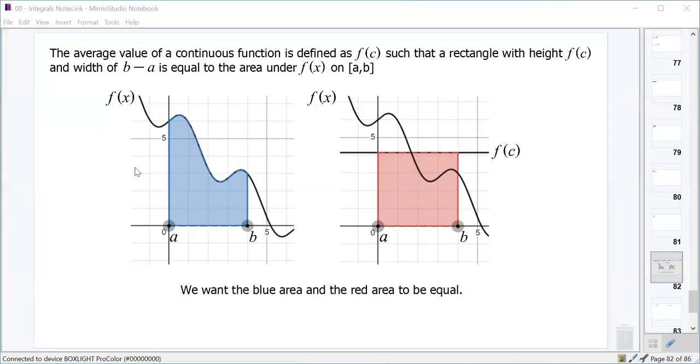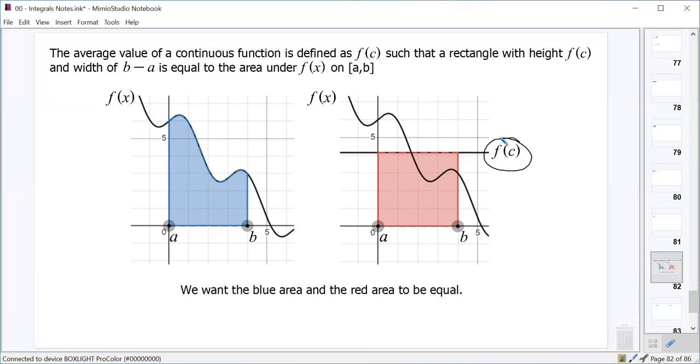Our last topic for our Intro to Integrals unit is going to be about the mean value theorem for integrals. So before we really get into what the mean value theorem for integrals is, what we need to do is define what the average value of a function is. So in math, the average value of a function is defined as some value, we'll call it f of c,